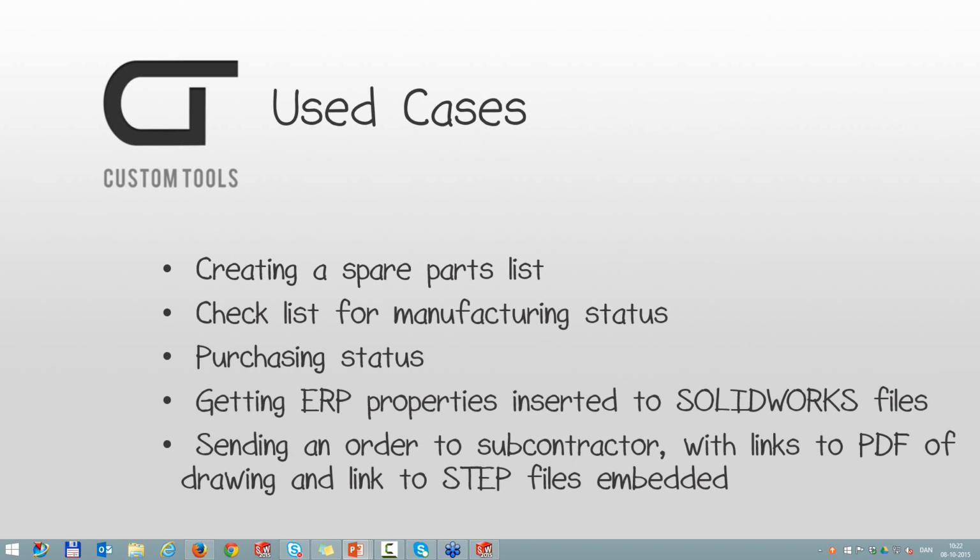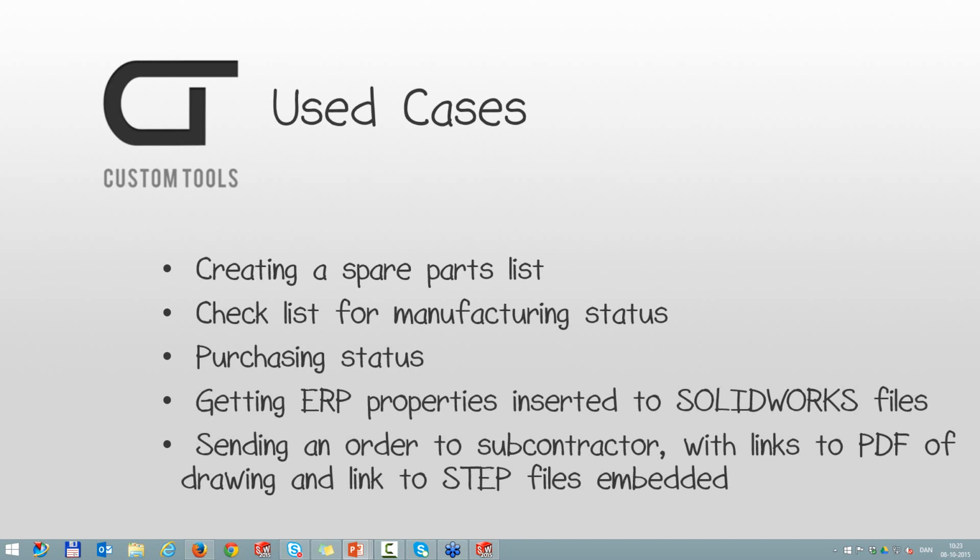Use cases. Well, there are so many use cases, so I just highlight a few here. We already saw the spare parts list. An Excel file printed with the preview image makes it easy for anyone to look at the produced parts for a project, for instance, and check that they are all done. So imagine that you are a manager and you need to figure out what the inventory is or the status of an assembly under production is currently. Then instead of wandering about in a machine shop with a big stack of drawings, you can just have the Excel file printed and you have a pretty good visualization of what is going to be looked for.